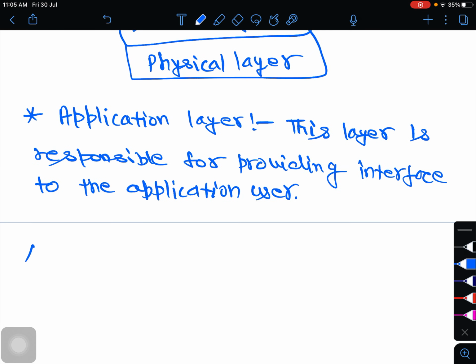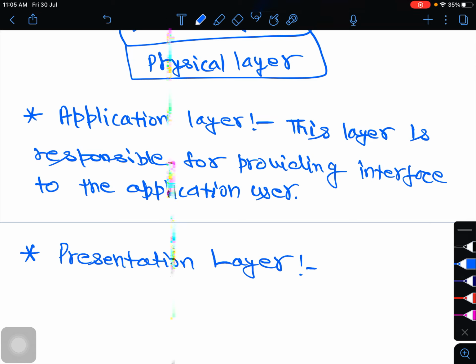Next is presentation layer. Data of the remote host should be presented in the native format of the host. Okay.